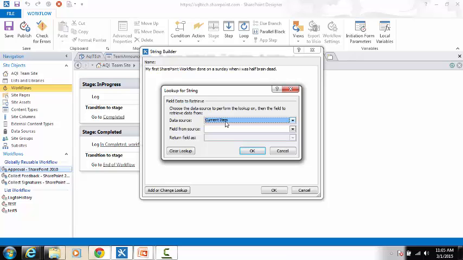So every list item has got its own instance of workflow. Okay, and that's why I see the current item over here. Current item means the current item on which this workflow is running. So for every list item, a new instance of workflow gets created, and that is the whole concept of current item. Next time when you see current item, you got to know that this is the item on which the workflow